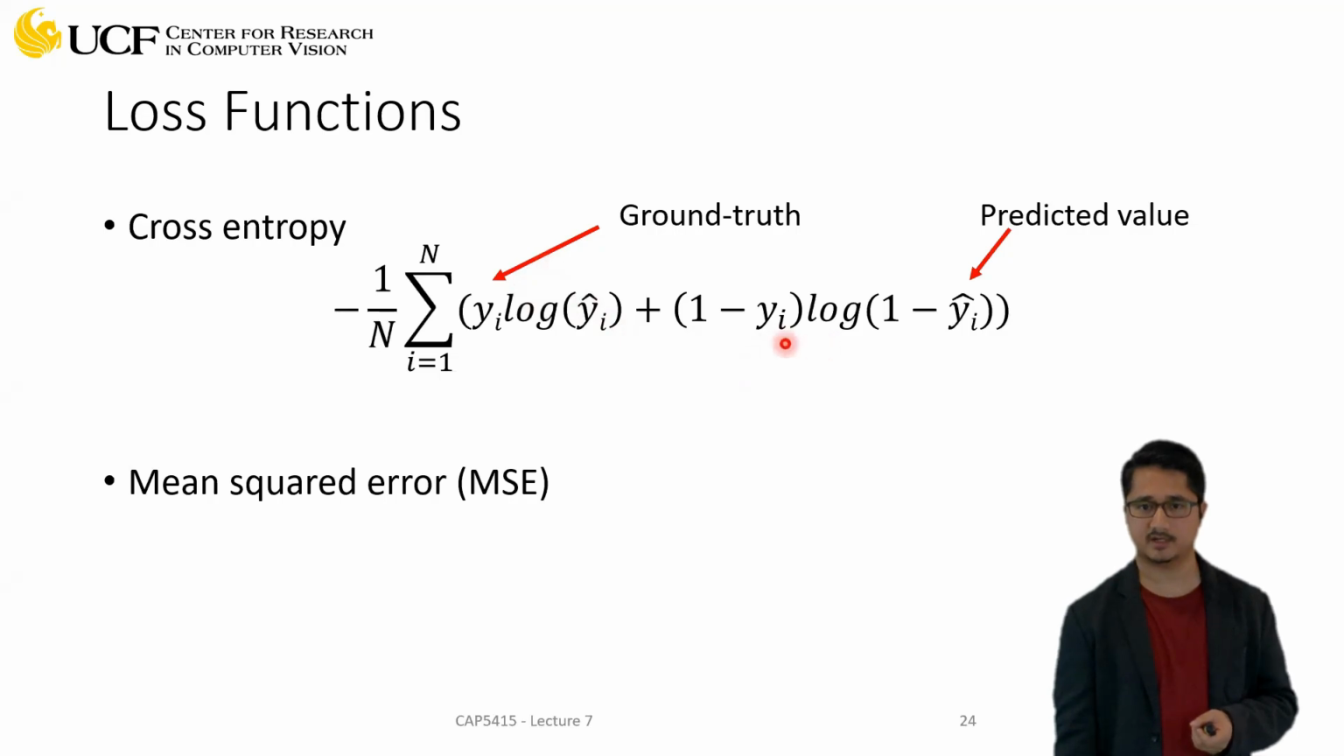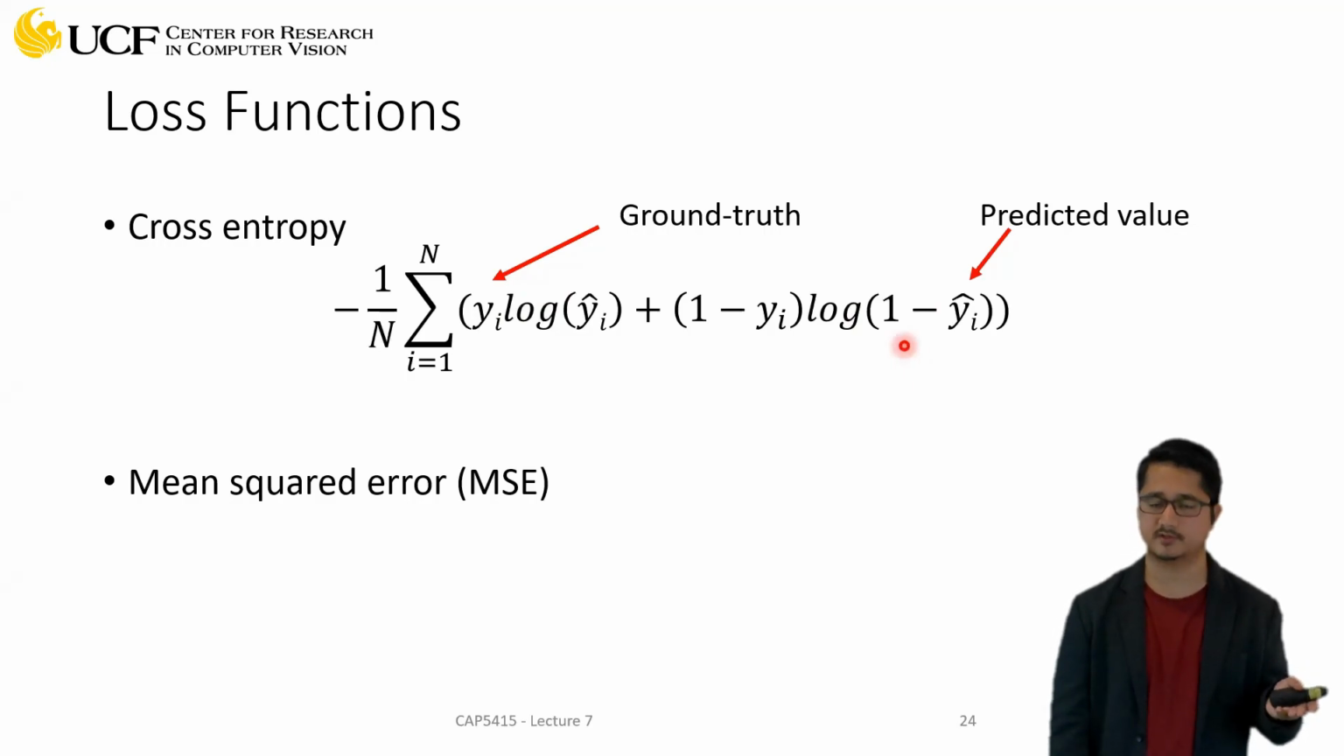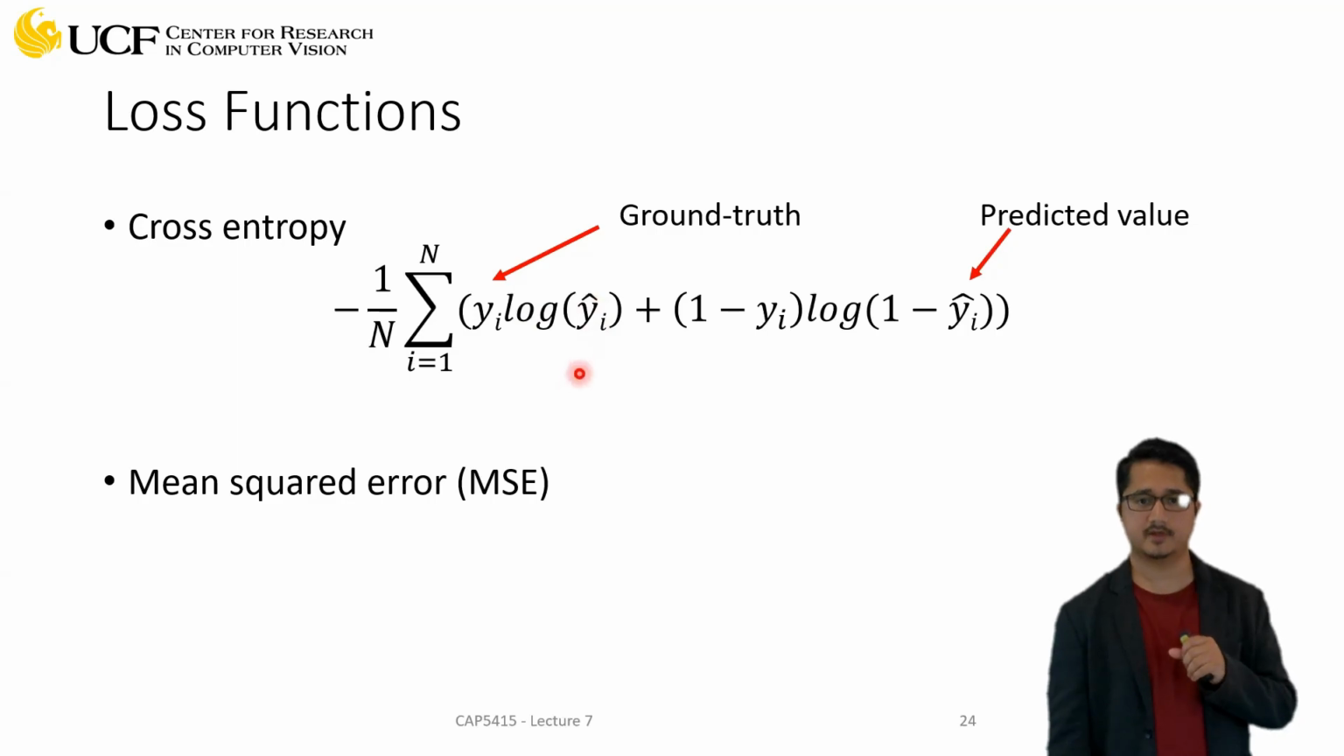Now, if you look at the second term, because the ground truth is 1, this completely becomes 0. So we don't have to compute this. So if your network did the right job, your loss is 0, which means this loss function is actually doing its work. Now let's consider the other case when, let's say, the ground truth was 1, but the network